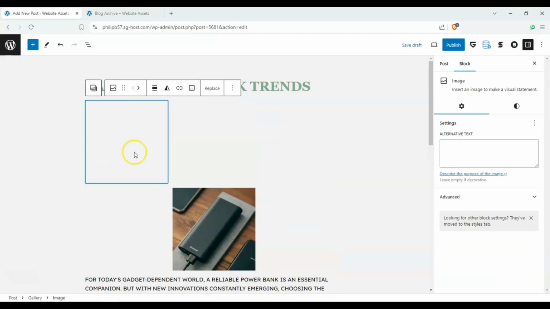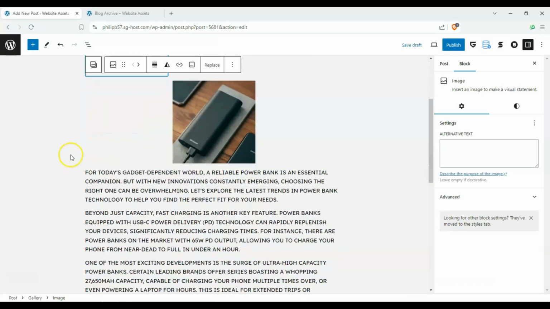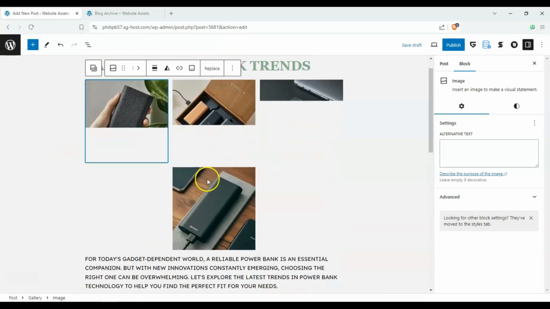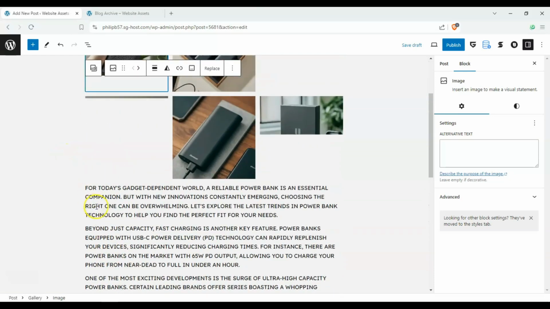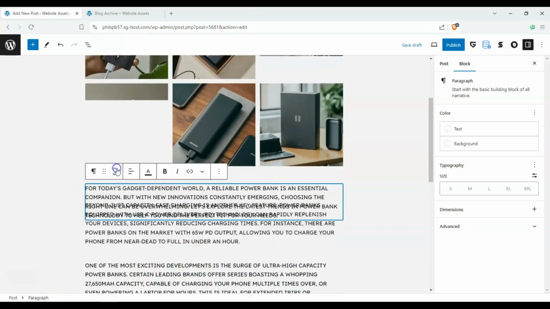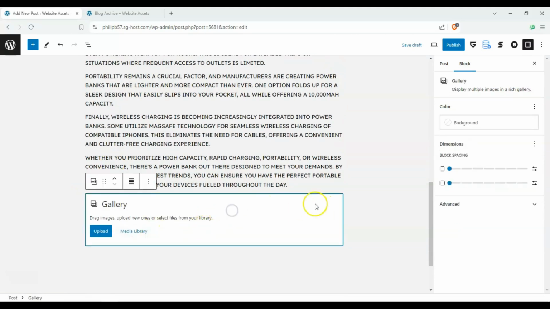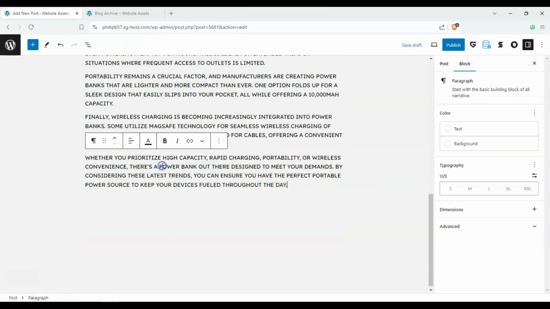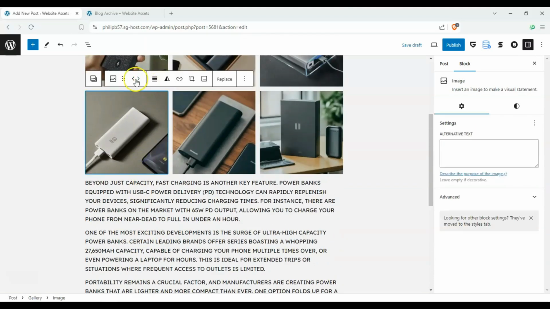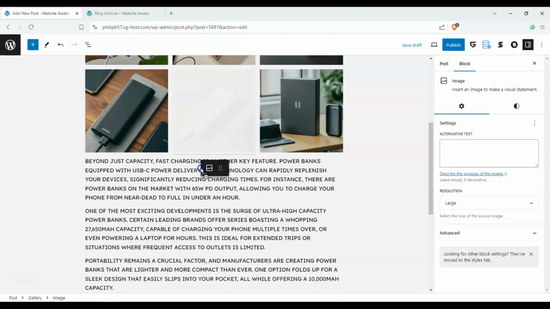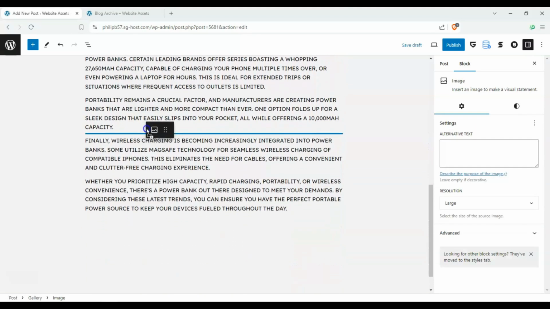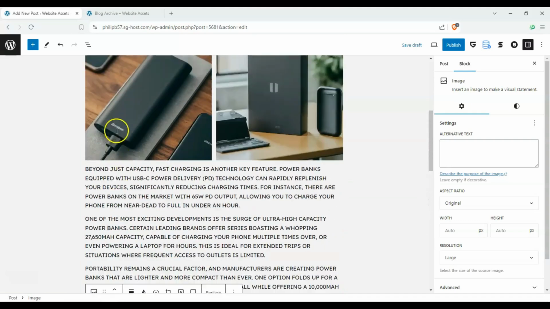Insert gallery, and now we have our images here. Okay, and then you're always free to change it up however you please. So we'll put this up here, and this one we can probably delete, and we can change the spacing,